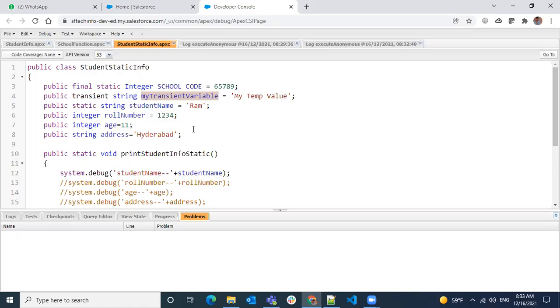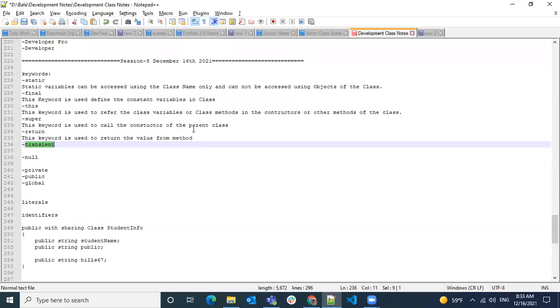In a Visual Force page, we can capture the exact operation, why it is not storing a value in memory permanently, at least for that state. Usually when we use transient, the value is temporary and will not be stored as part of the view state of the Visual Force page.